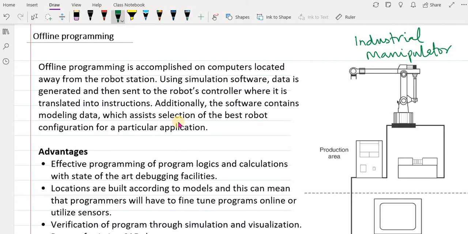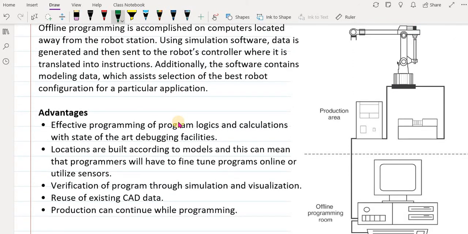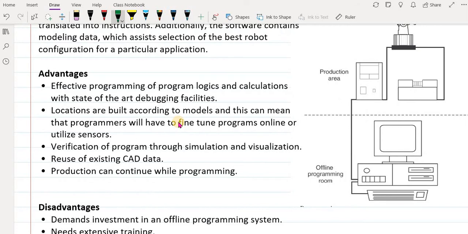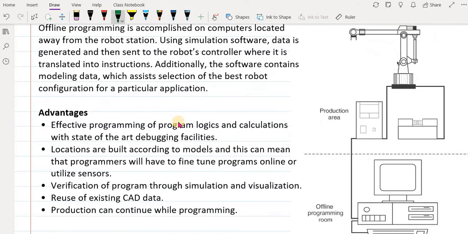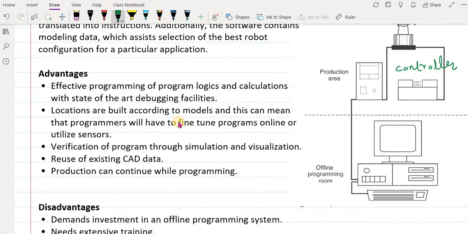And it has a gripper here and some 3 joints, and this is connected to these controllers, and so this whole area is a production area. Okay, you can call it the work cell. And so this production area, this controller, they are connected to the robot, and also they are connected to the